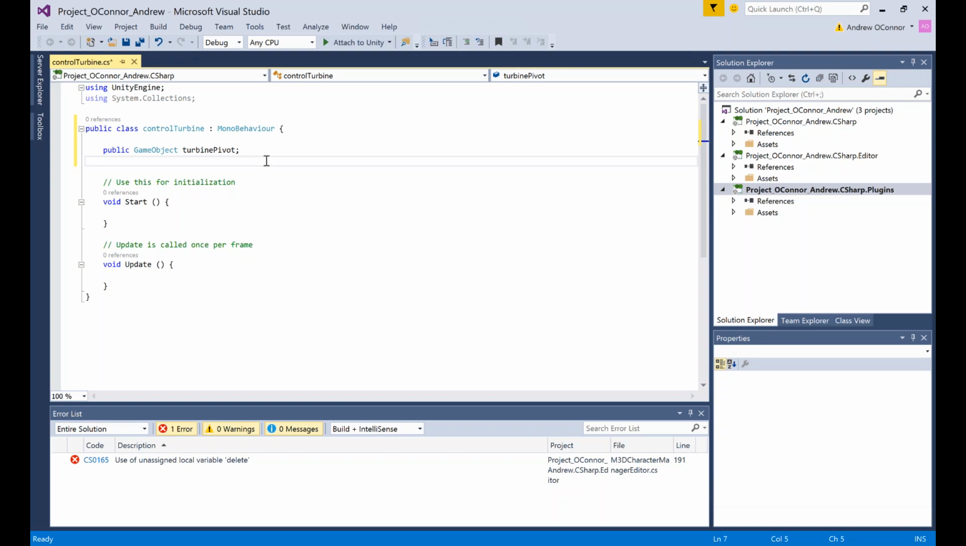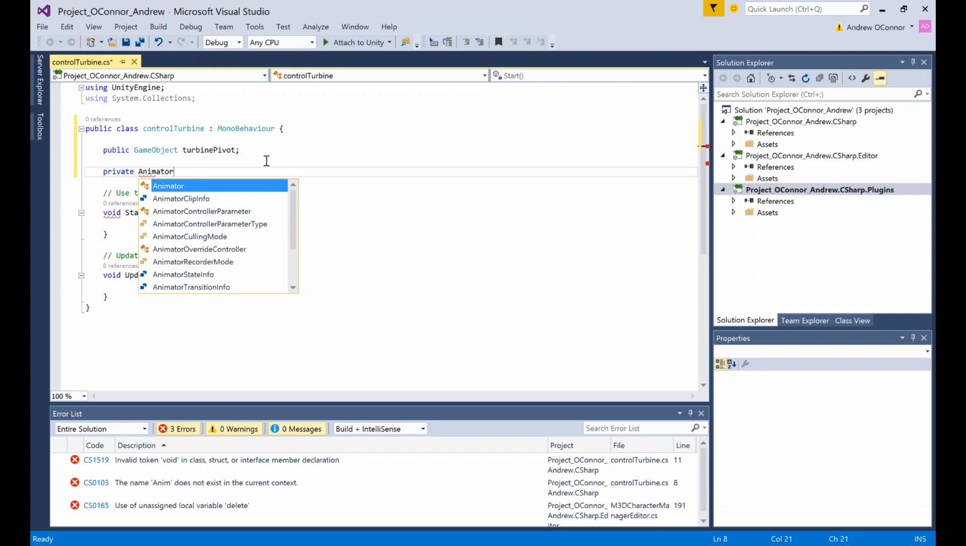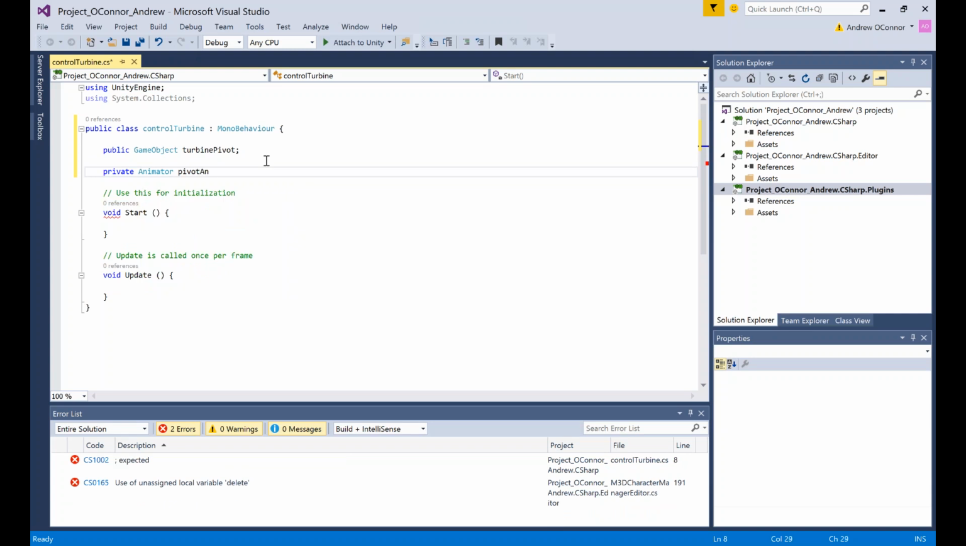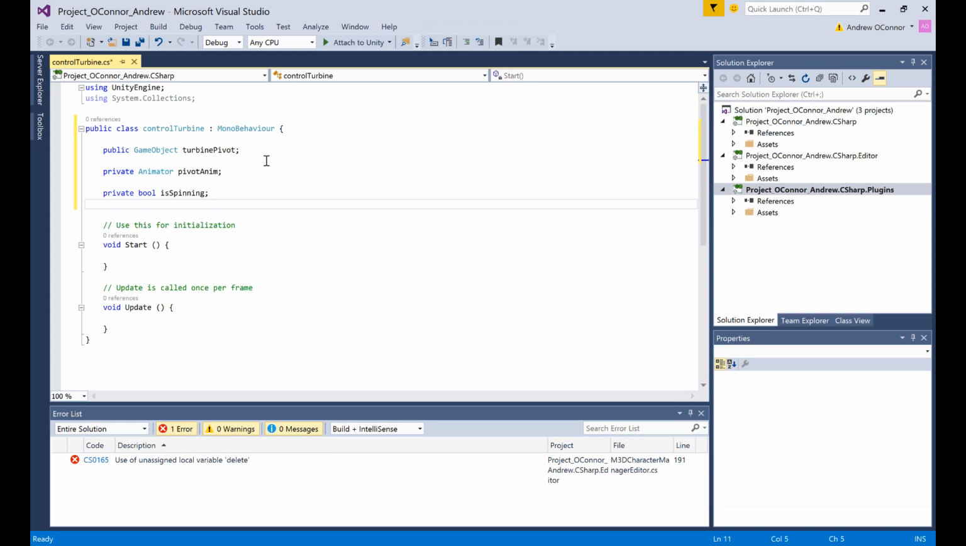And now also we need a private Animator called pivotAnim. This is going to be exactly what this is, just plugging in the animator that we created for that pivot. And now we're going to also create a private bool named isSpinning. So this is going to just check, is our object spinning or not? All right. Okay, so now in the Start function, so this is when the game starts, when we hit play, what's going to happen. So in here,